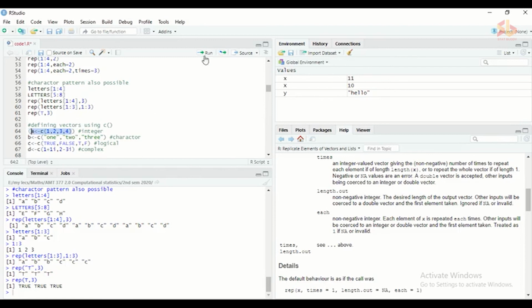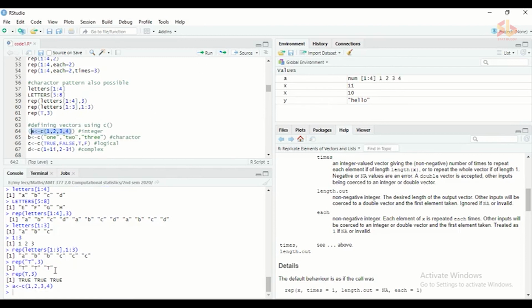And you can see by executing this highlighted command only, it will assign the result to a and the output is not printed. So in the environment, you can see the components or elements of this vector. Here, by using an additional pair of brackets, it will assign and print at the same time.